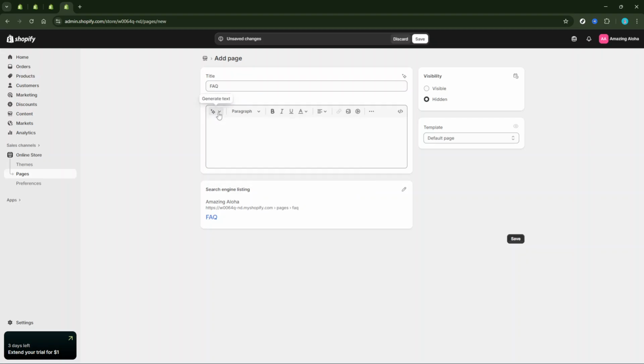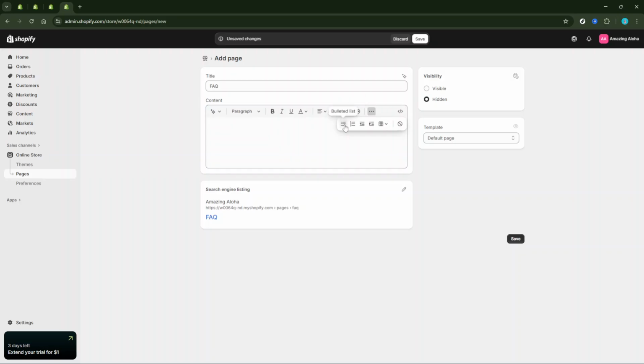For structuring your FAQs, you have a few options. You can format your questions as headings, using styles like H2 or H3 to make them stand out. Questions formatted as headings not only catch the eye, but also help with SEO, making your page more search-friendly. For your answers, write them out clearly and concisely in paragraphs. Remember, the goal is to be as informative as possible without overwhelming your readers.